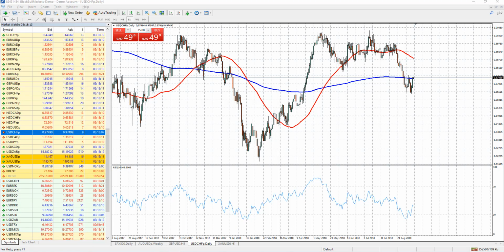Welcome to Lesson 7, Trend Lines in MT4. Trend lines, like horizontal lines, are key in helping us to make trading decisions. We can now not only determine and plot trends, but we can identify key patterns in price action and anticipate future price moves. Here in the dollar Swiss franc, we have a clear uptrend on the daily chart that formed